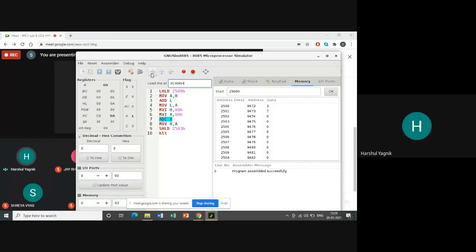Next, add with carry. Here there is no carry, so content of accumulator is 0. That is copied to register H, and both the content of H and L are copied to memory locations 2503 and 2504. You can check the content of 2503, it is 10 now, and 2504 is 0. 3 plus 7, 10.